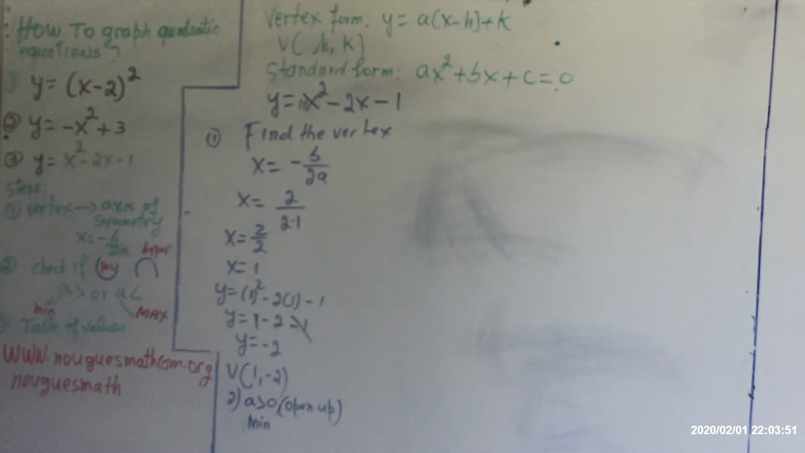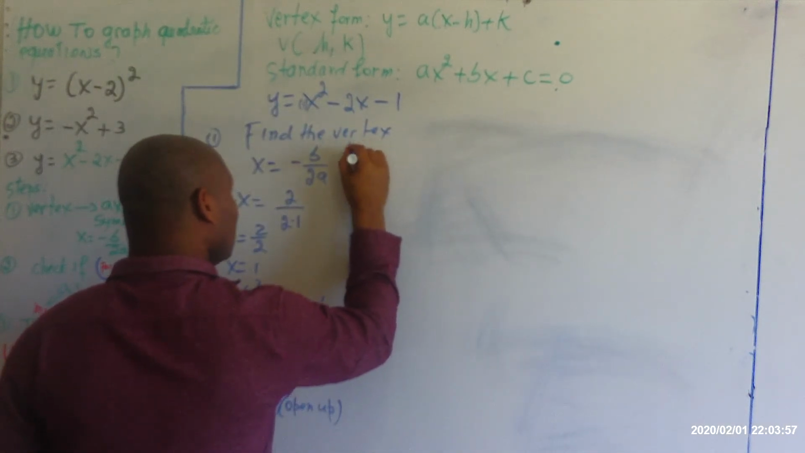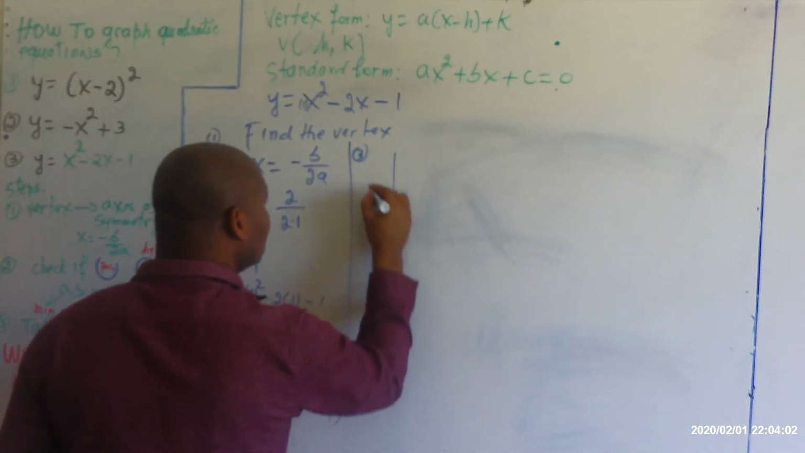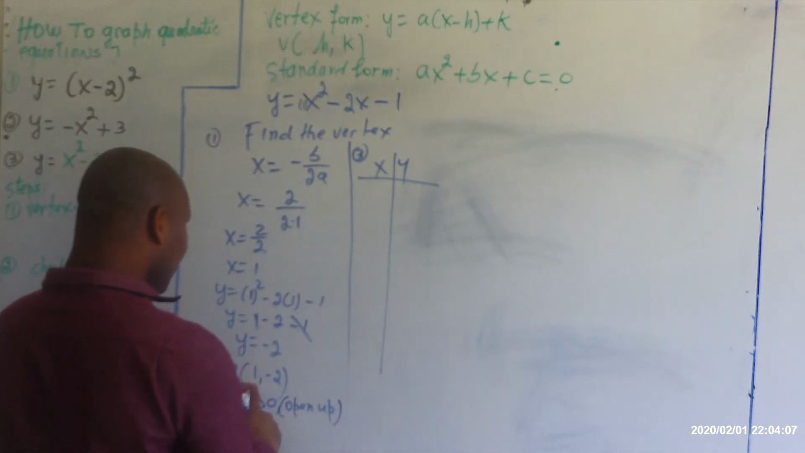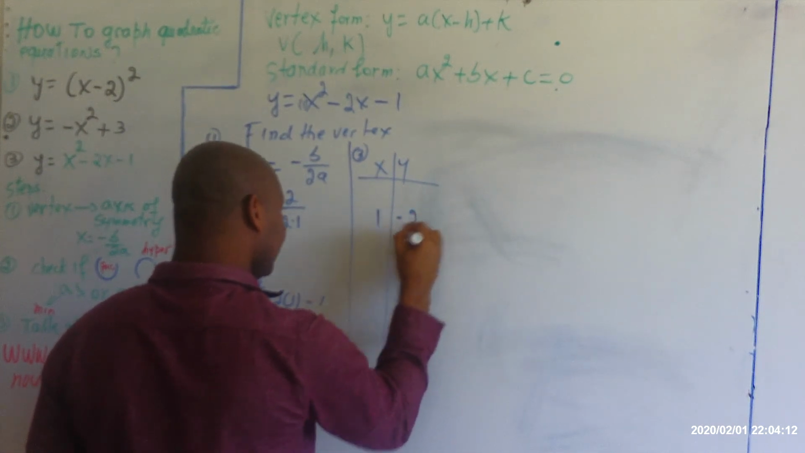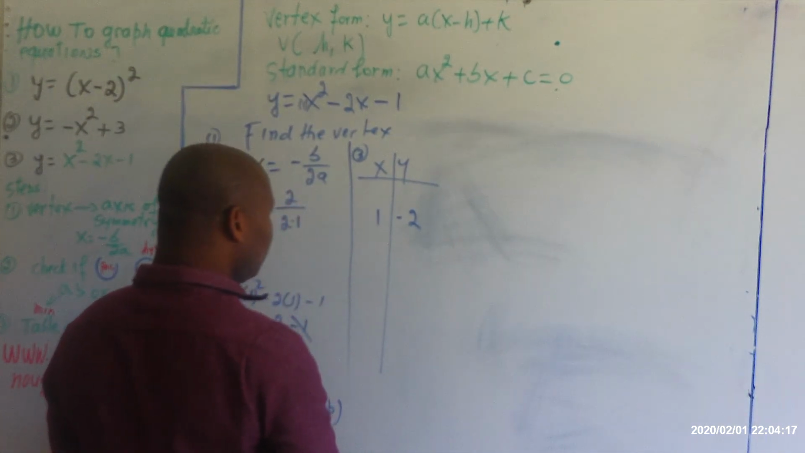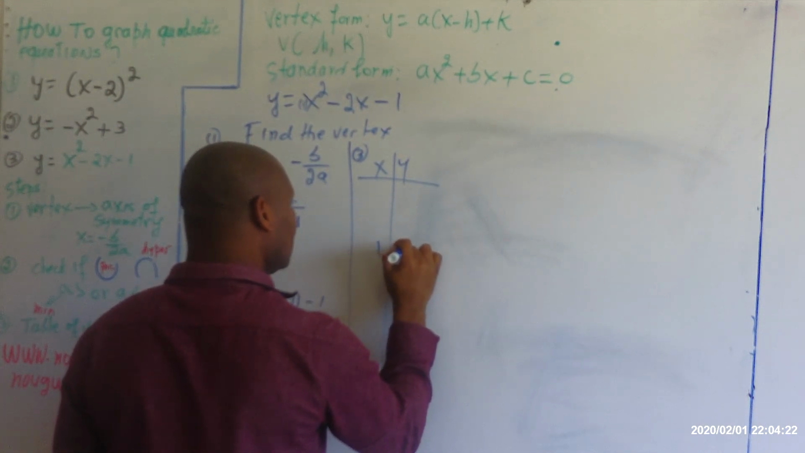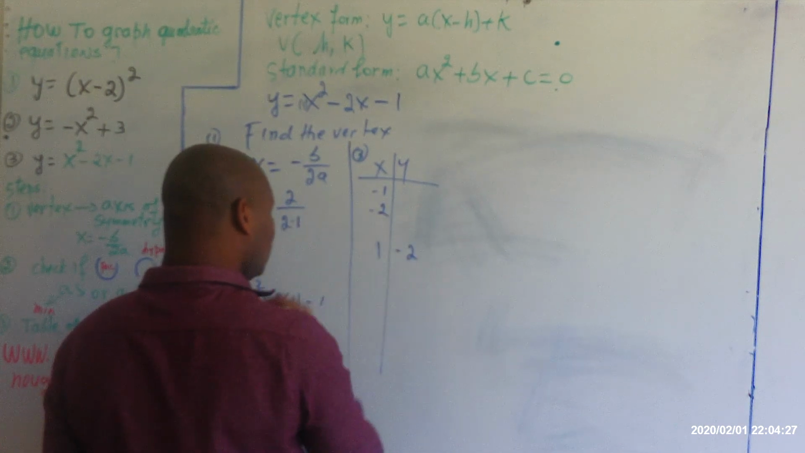The third step, making the table to get more points. Let's do the table. Easy. x and y. We already have 2 points, 1 and negative 2. Let's write this right here. I will need more points. I will need negative 1, negative 2,